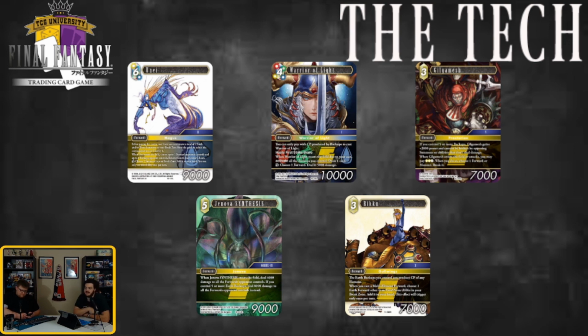The next card we have in here is going to be Gilgamesh. This is the new Gilgamesh from currently Opus 22. This card states that when he enters the field...